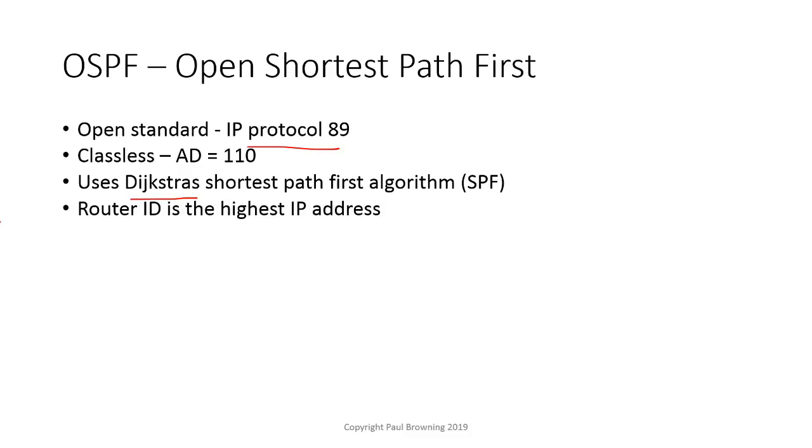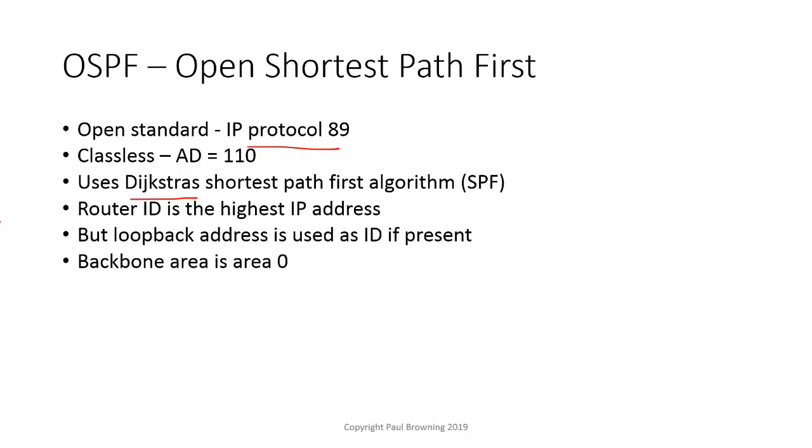The router ID is usually the highest IP address on the router. The loopback address is used as ID if there's a loopback interface present, which is one way of you manually setting the router ID. The backbone area is area 0, and all non-backbone areas must be connected to area 0